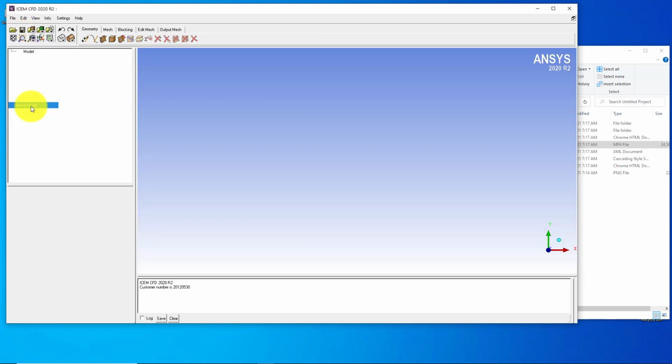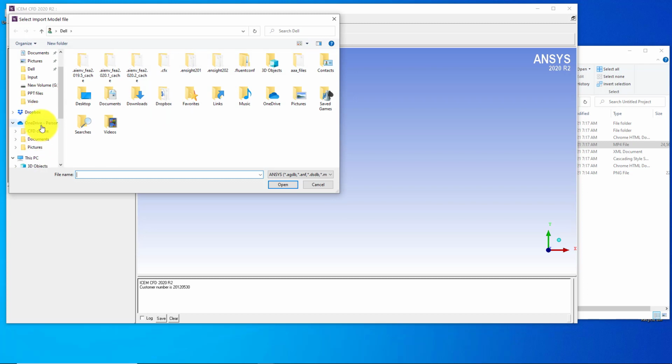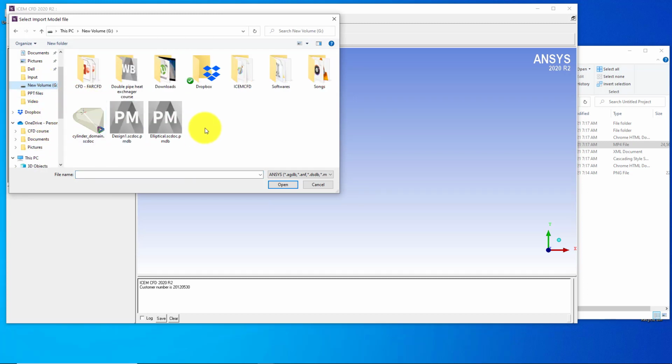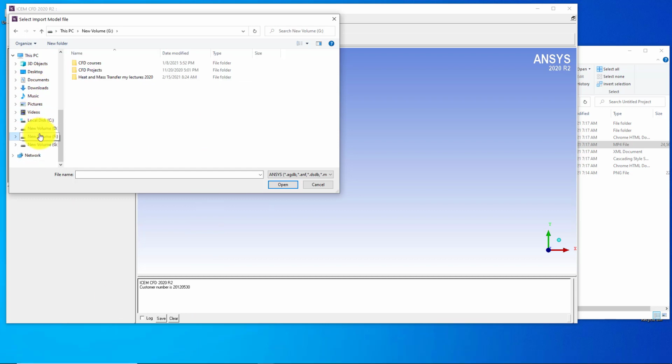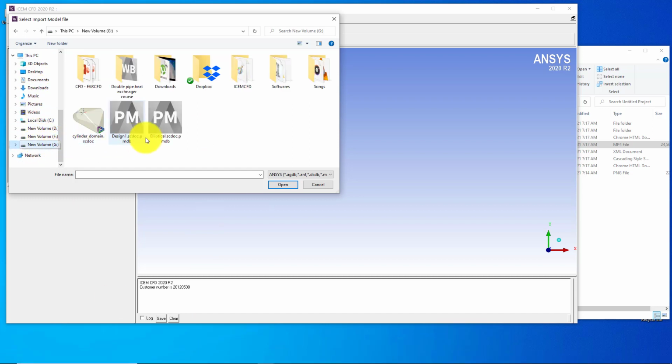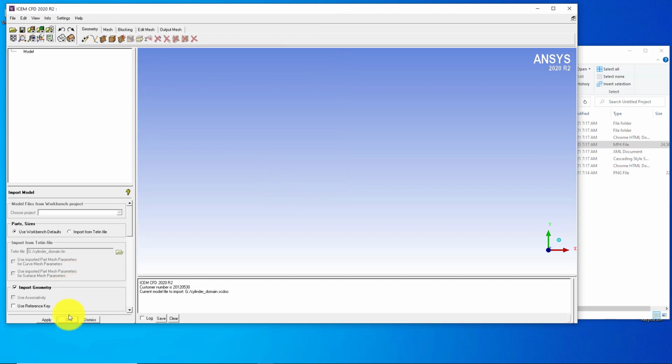Then I will choose Import Model, and go to the G drive, where we should have some geometry. Yes, this is my geometry here. I will select this geometry and click on Open and click OK.